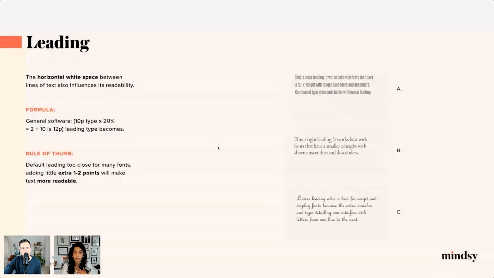My personal rule of thumb is that I add an extra 1 or 2 points. If it is a 10, I would go around 14 to have more readability. And readability and legibility are a crucial element in ad design everywhere, I think, and typography leading plays a huge role.